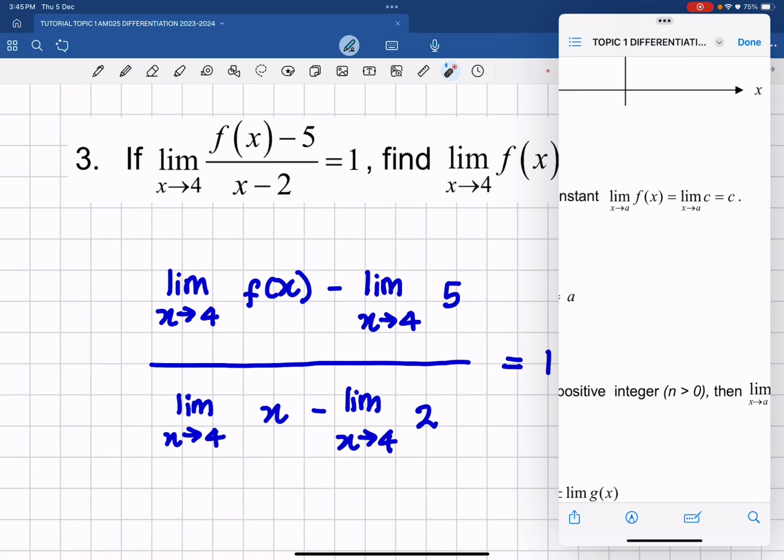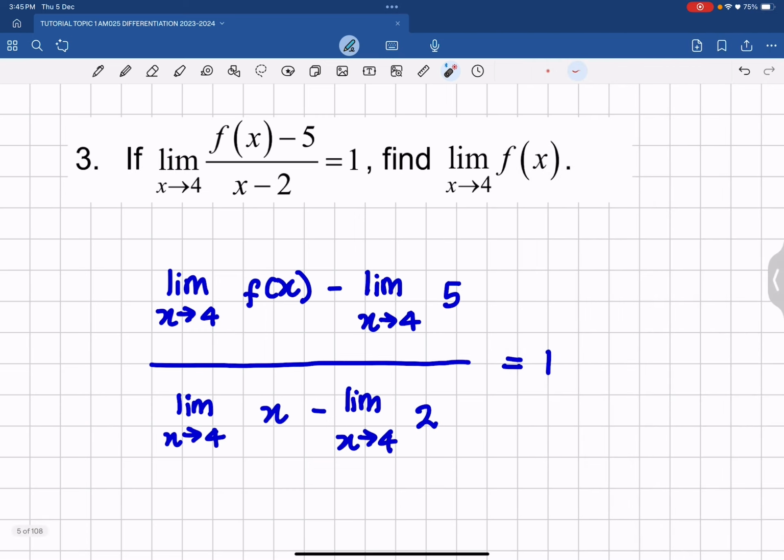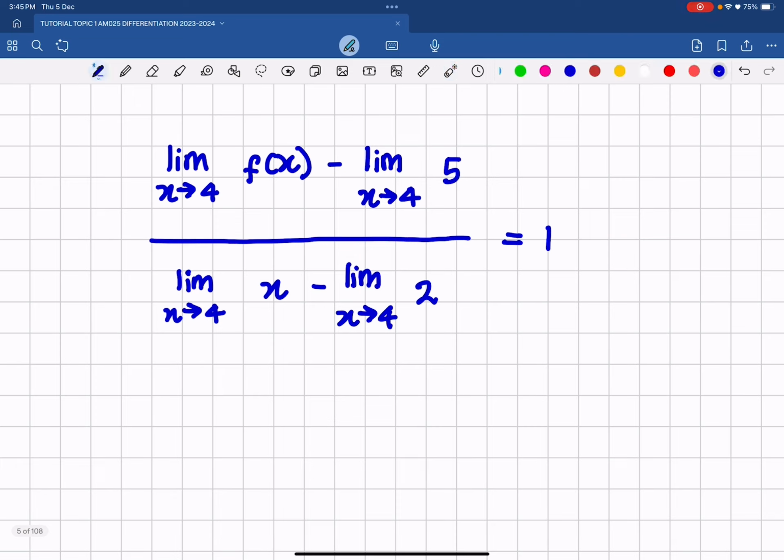This means that if it's a constant, the value of the limit will equal the constant. So for this one, the limit of the constant 5 as x approaches 4 is 5. So just copy down this one, because we are looking for this value, the limit of f(x) when x equals